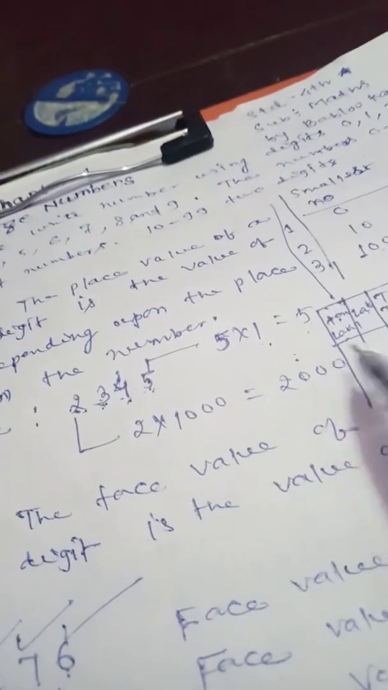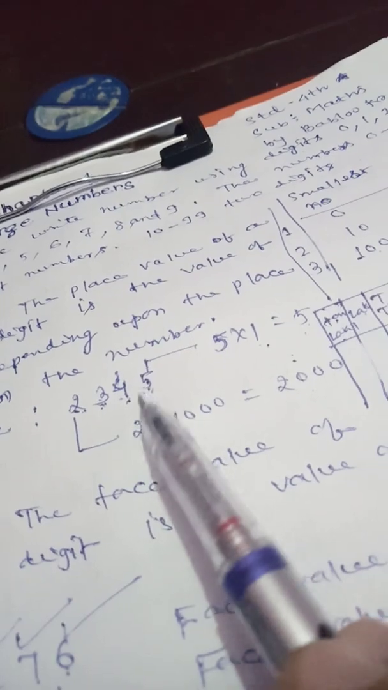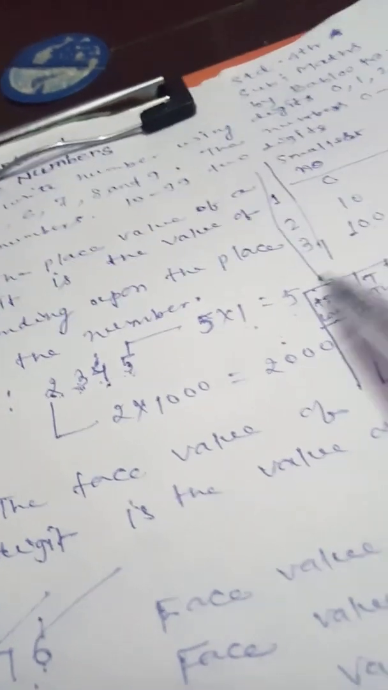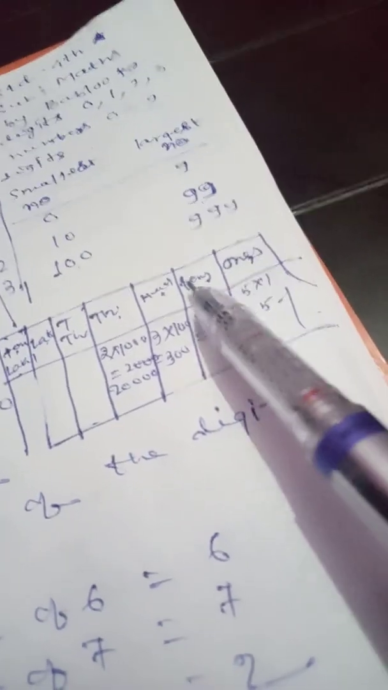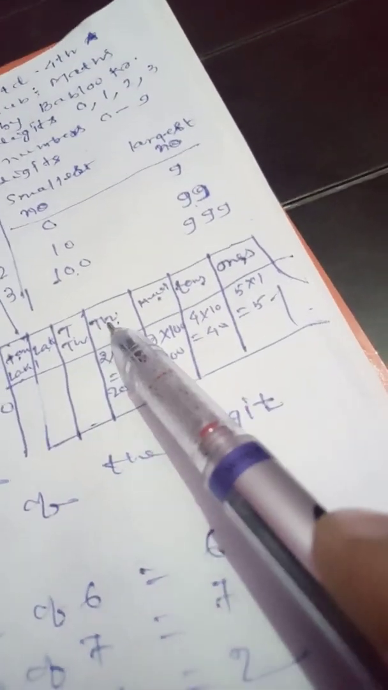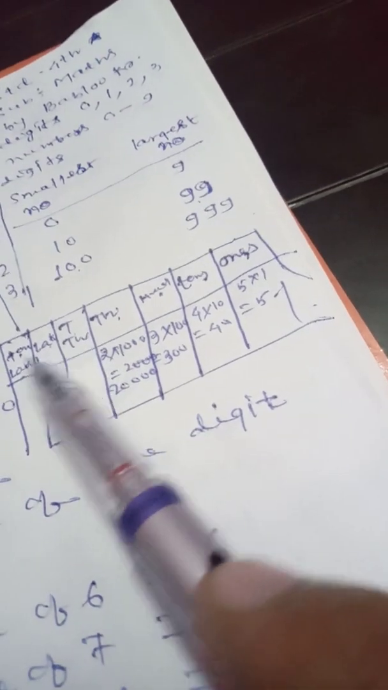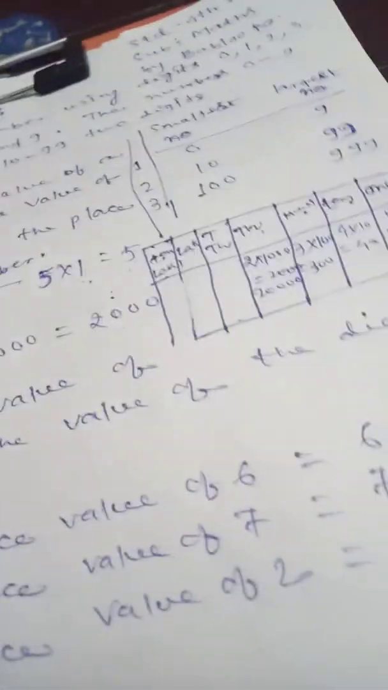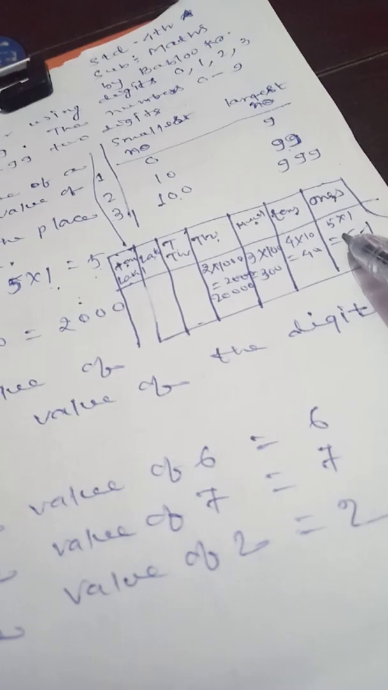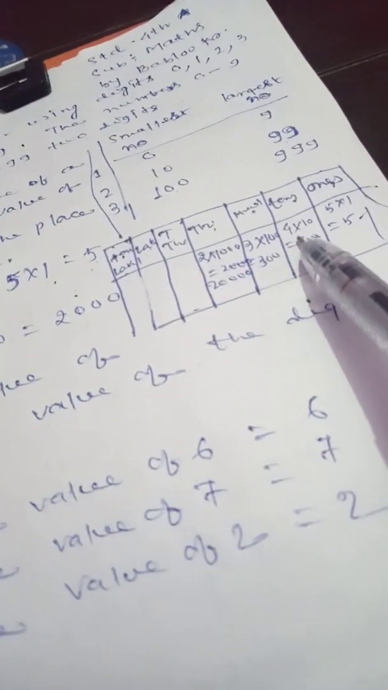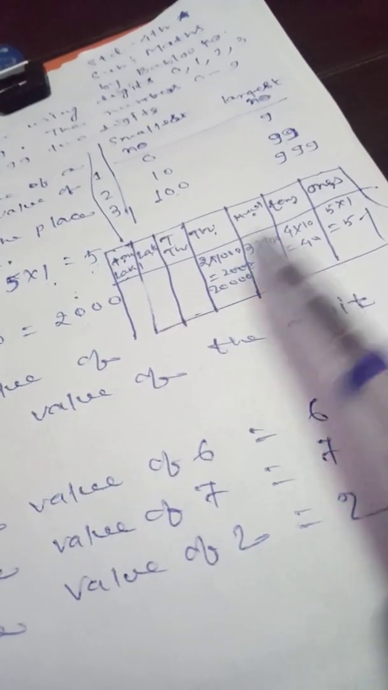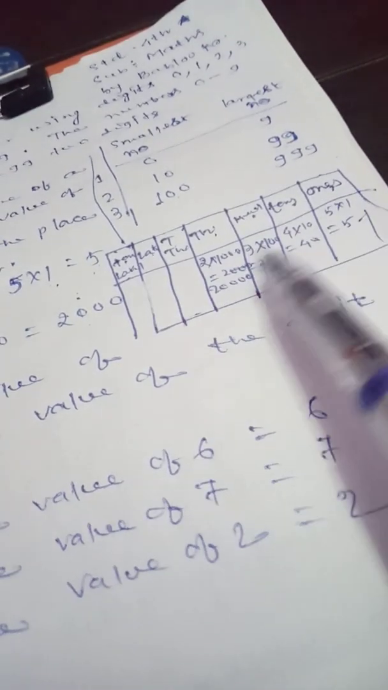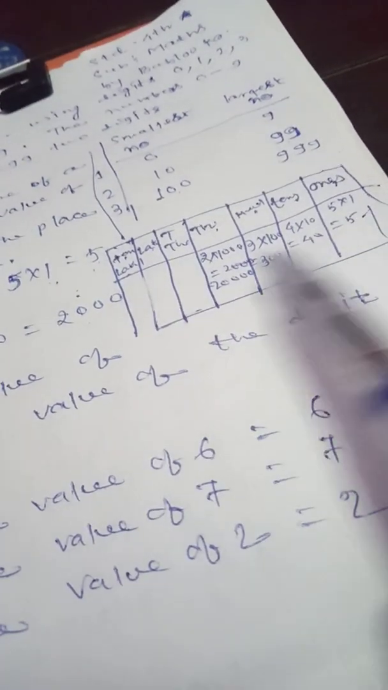You can also show the place value of this number by making a Hindu-Arabic table: ones, tens, hundreds, thousands, ten thousands, lakh, ten lakh, crore, ten crore, and so on. You put the ones place digit here, the tens place digit should be put here, and in the same way other digits also are put here. In this way you can get the place value of all the